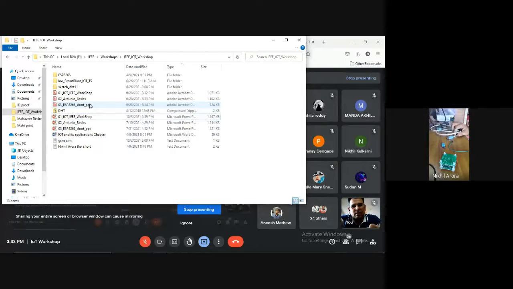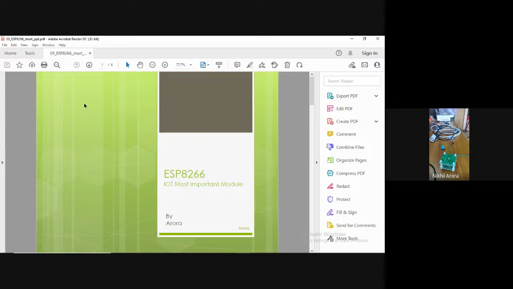This USB cable is there like this, and then this USB connector is there. You just connect the USB cable to your system, and this is available for interfacing. And it has many IO pins, so you can connect many sensors and many relays also, whereas ESP8266 only has 2 I/O pins, so you can connect only 1 or 2 sensors or 1 or 2 relays. So that is the main difference between a NodeMCU and ESP8266, but both are the same chip, same hardware, only the boards are different.